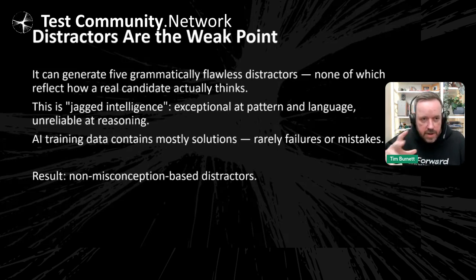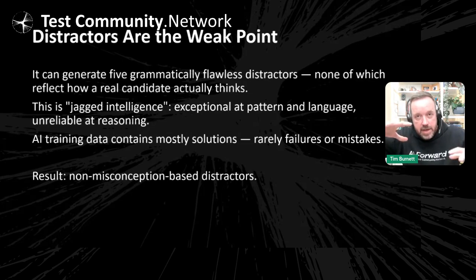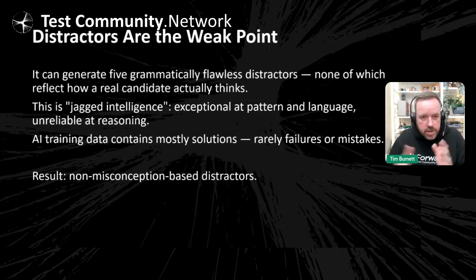There is this idea then of jagged intelligence. I'll skip a little bit on this one, but Ethan Mollick, one of the great AI writers, talks about the jagged intelligence out there, and the fact that it's uneven. You could be talking to AI one day and it's a PhD, and then it could be a kind of 5-year-old in terms of its knowledge, and there is some unevenness around it. And back to that point, solutions rather than failures and mistakes are in there.